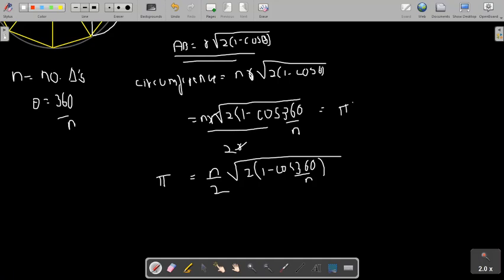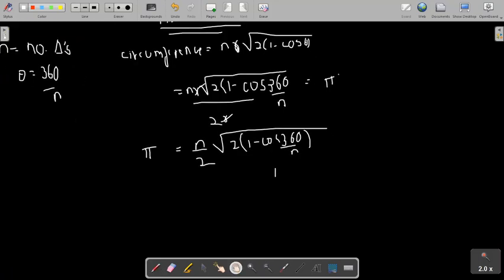So you might notice that 1 minus cosine of any angle is the same thing as 2 times the sine square of theta upon 2. So we will replace this cosine of 360 upon n with that value. We will keep n upon 2, and we will replace the 1 minus cosine with 2 times sine square